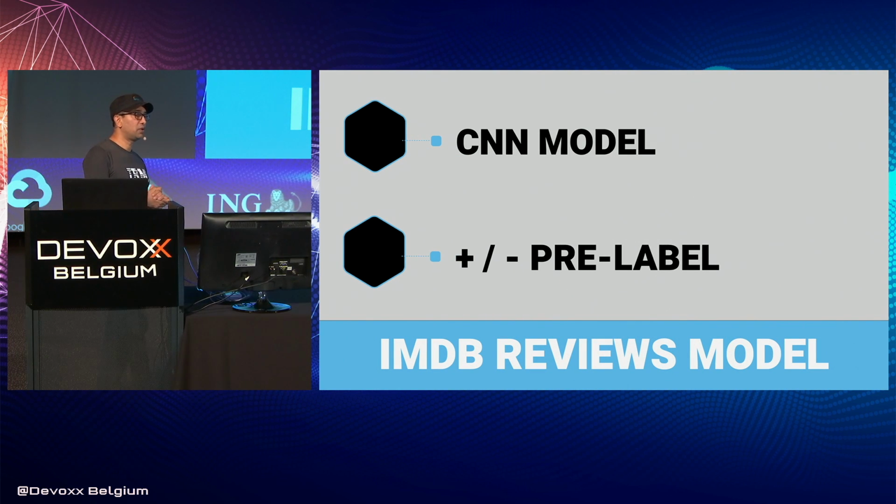And this specific model is what we call a convolutional neural network, so that's what they decided to come up with for this specific model. They used a convolutional neural network, which is a variation of a deep learning model. And there were pre-labels in this, so what this means is that this was a supervised machine learning data set, right? Because we know,